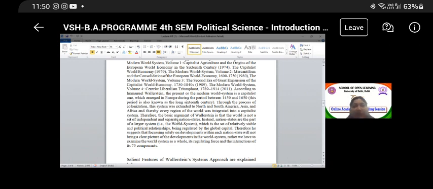So, for example, in India, we had an agrarian system, we had a primitive economy. But after we were colonized, the French, the Portuguese, and then the British for the longest time, came and introduced us to this capitalist system. And later we were also integrated into the world capitalist system. This is what Wallerstein has observed.